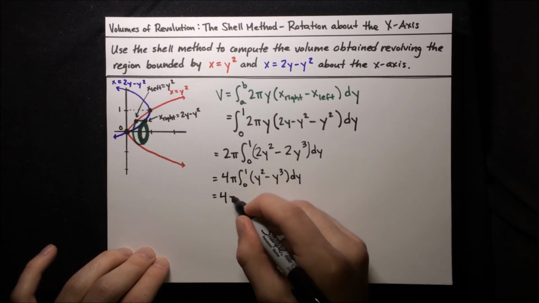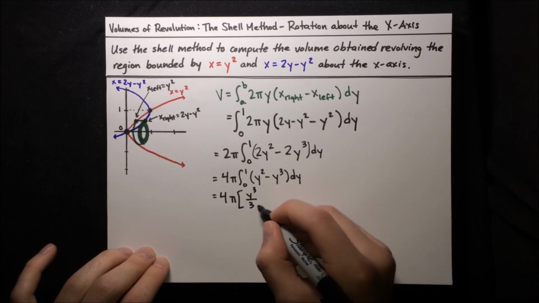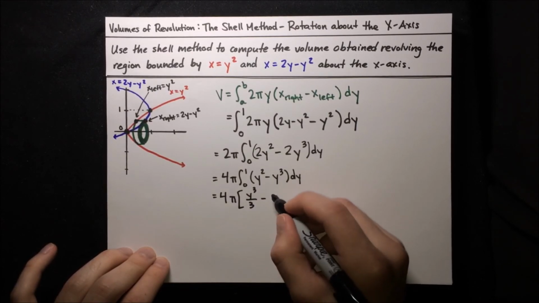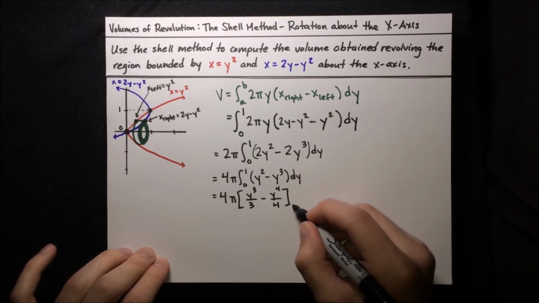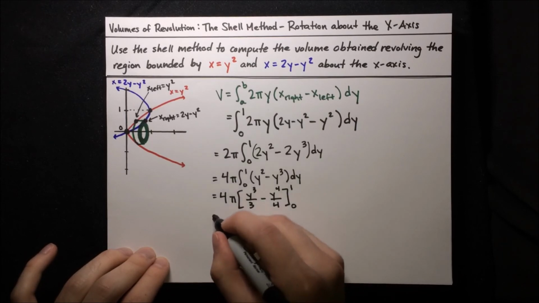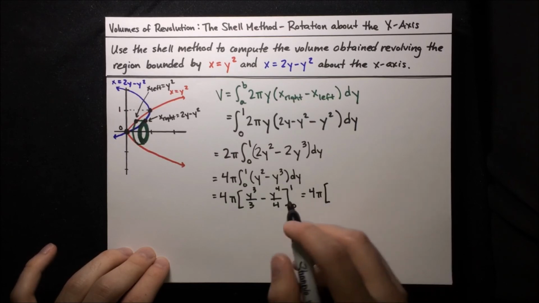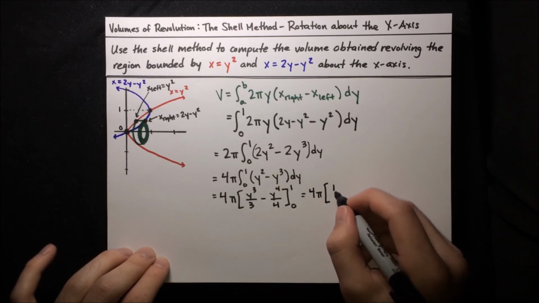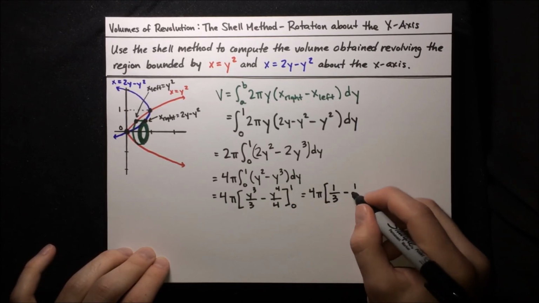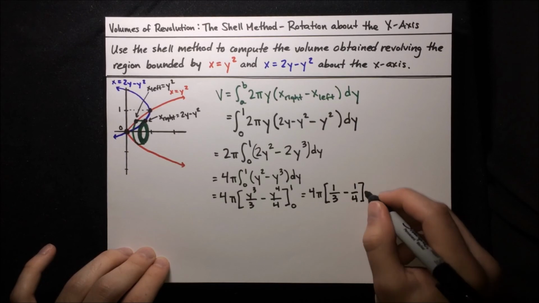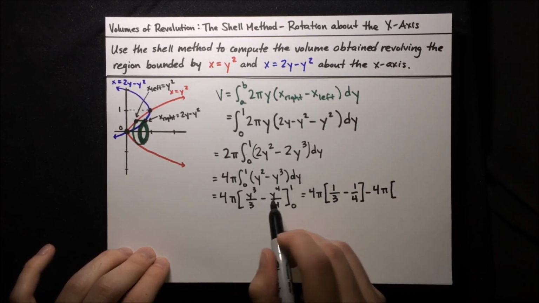So 4 pi, y squared, the integral of that is just y cubed over 3, then minus the integral of y cubed, which is just y to the 4th over 4. Alright, the bounds are 0 and 1 for that, so then that comes out to, well, we wrote it over here, 4 pi times bounds at 1, that's just 1 cubed over 3, so just 1/3, minus 1 cubed over 4, so 1/4, and then minus 4 pi, the other bounds, plug in 0 for y here, both terms go to 0,